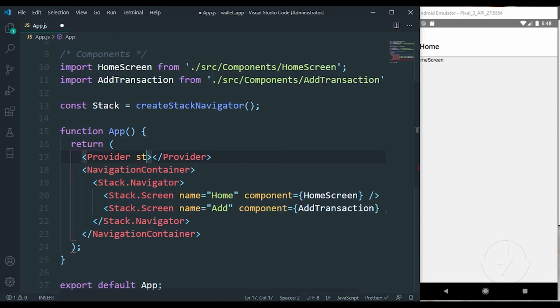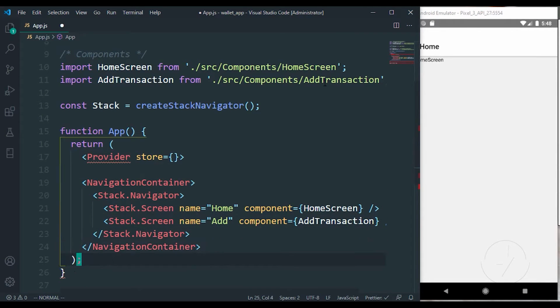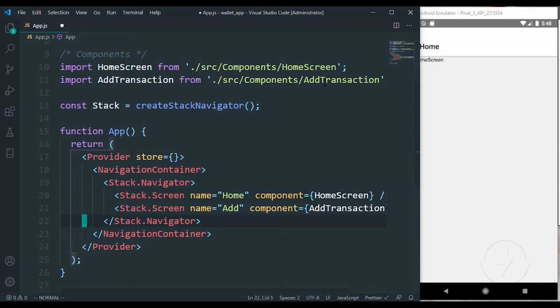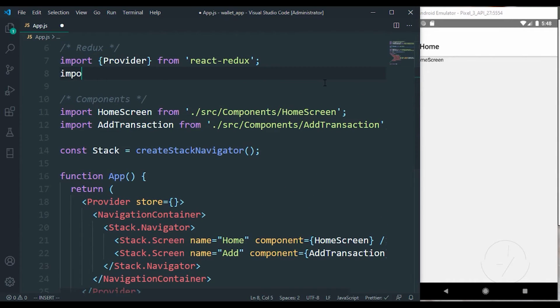So the provider is going to be accepting a store. Shortly we are going to be importing the store. Let me just wrap this for now. We can just come at the top here, import store from... Remember that we have it in the source folder, store. Because we created an index.js file, we just have to quickly use that like that. So I'm just going to save that, and it's going to refresh our application.